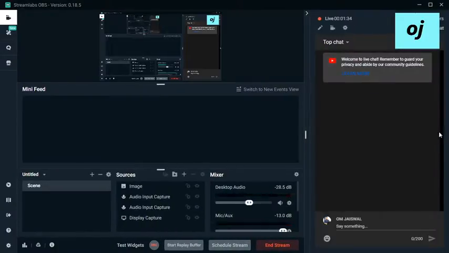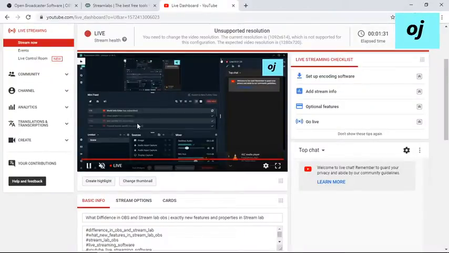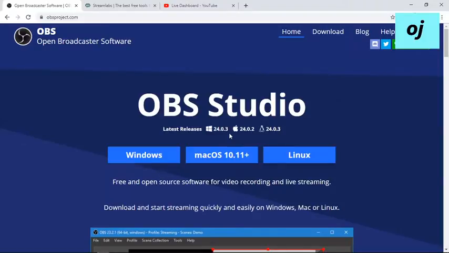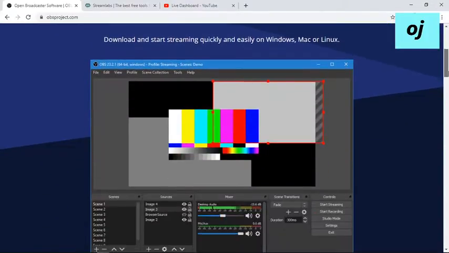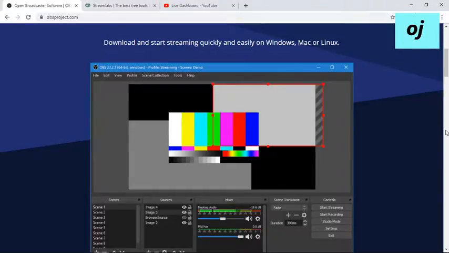Today we are going to talk about something innovative in open source software. First of all, there is OBS. OBS means Open Broadcaster Software, which we mainly use for live streaming. When we are using OBS Studio, the features are not as many compared with Streamlabs. One more thing, when I was working with Streamlabs and OBS, I found that